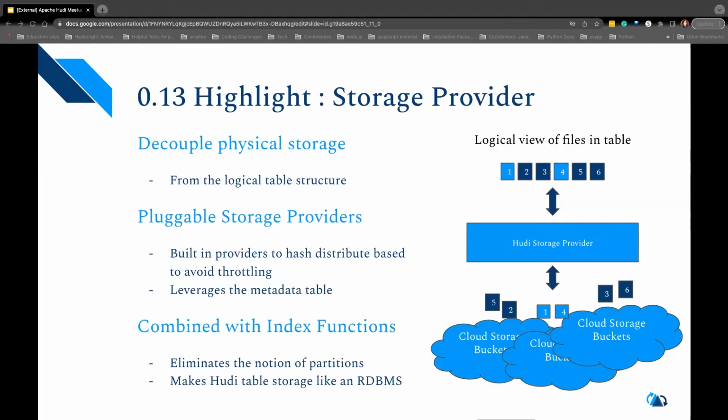All right, so this one, I think actually the EMR team is driving this. This is an effort to completely decouple physical storage from how you logically view the table. Okay, here's a table and here is a bunch of files, right? I've color coded them here. And then we are introducing a new Hudi storage provider layer where you can now take pieces of files, place them in different buckets, or even within a bucket distribute them across different random prefixes to